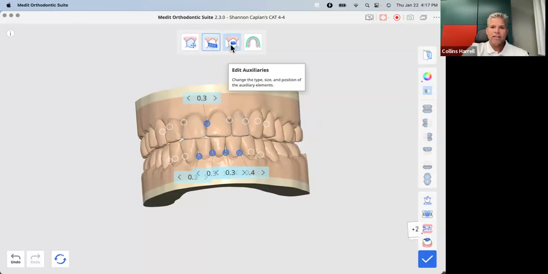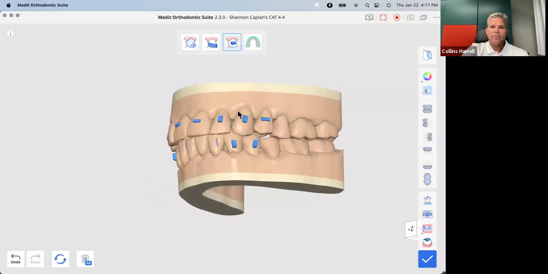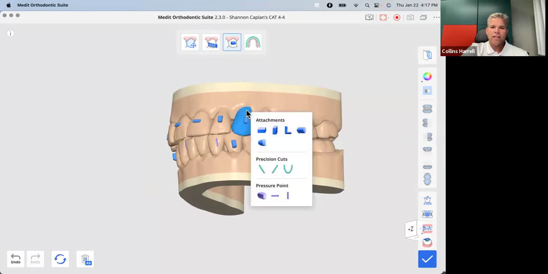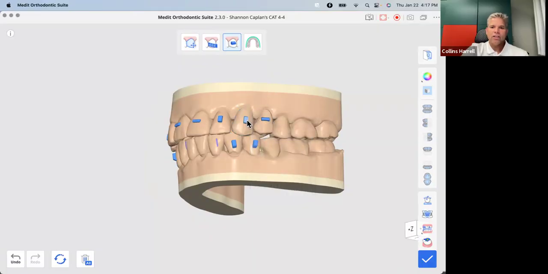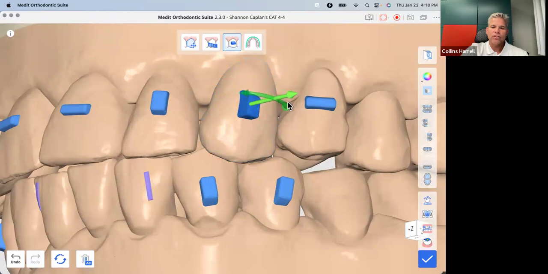The next button up here is the attachments or auxiliaries. This is the one you have to click to be able to edit your attachments. Any particular attachment, I can click on and change its orientation, its position, or its size. I change its size by doing a right click. If I go to the attachment and do a left click, it lets me change its orientation. For example, if I want to angle it to get more surface area on one side versus the other, or maybe if I'm extruding this tooth and I want to,